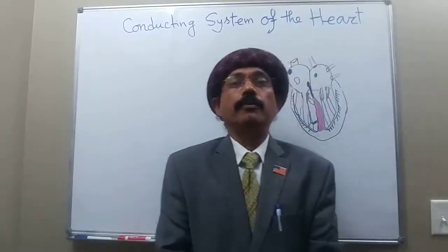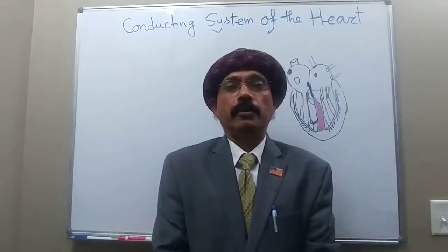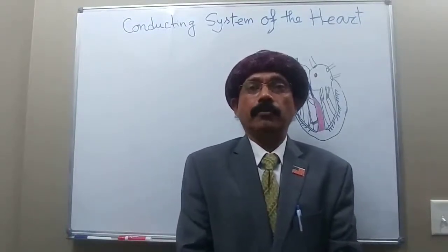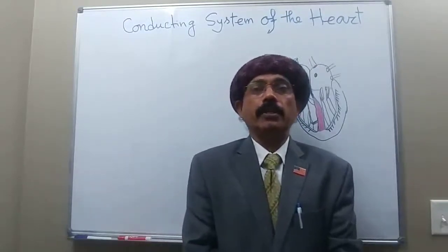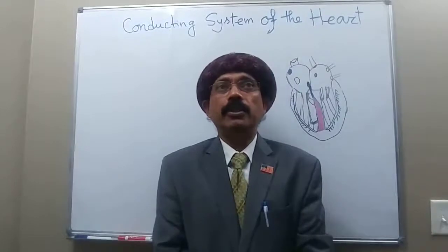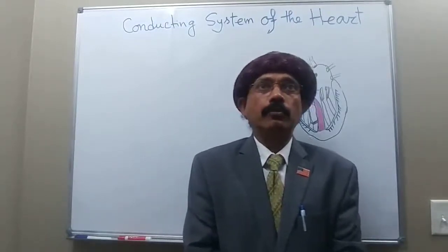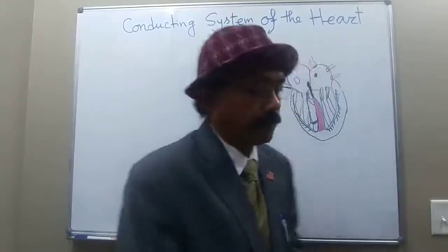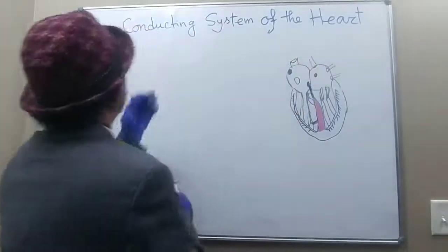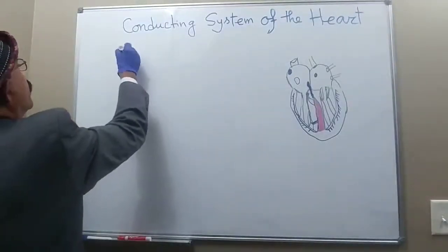Today I will discuss the anatomy of the conducting system of the heart. The conducting system of the heart is carried out by specialized cardiac muscles. They are essential to coordinate the cardiac cycle, to initiate the impulse and propagate it rapidly through the heart. So, the conducting system of the heart is formed by